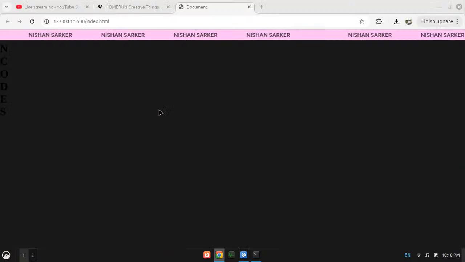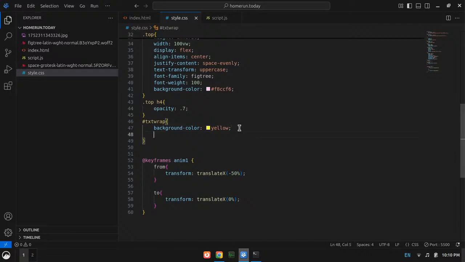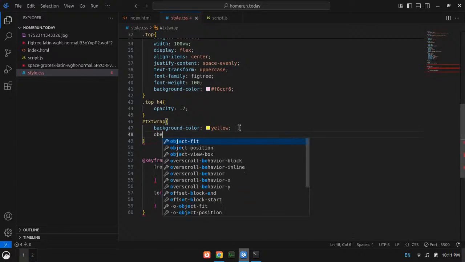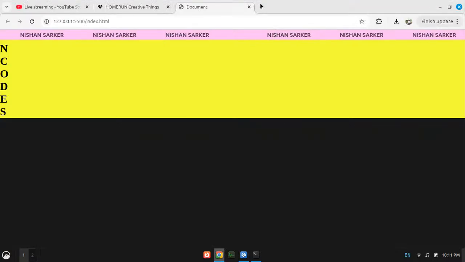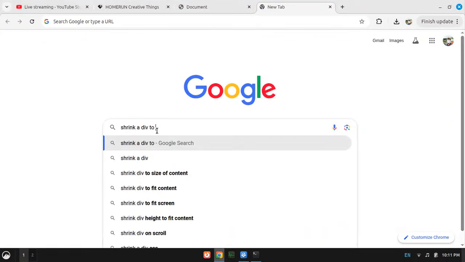Okay, does it work? That's how it works. But I need this thing to get a like object fit. I don't actually remember that thing. I need to Google actually. Shrink our div to size of content.